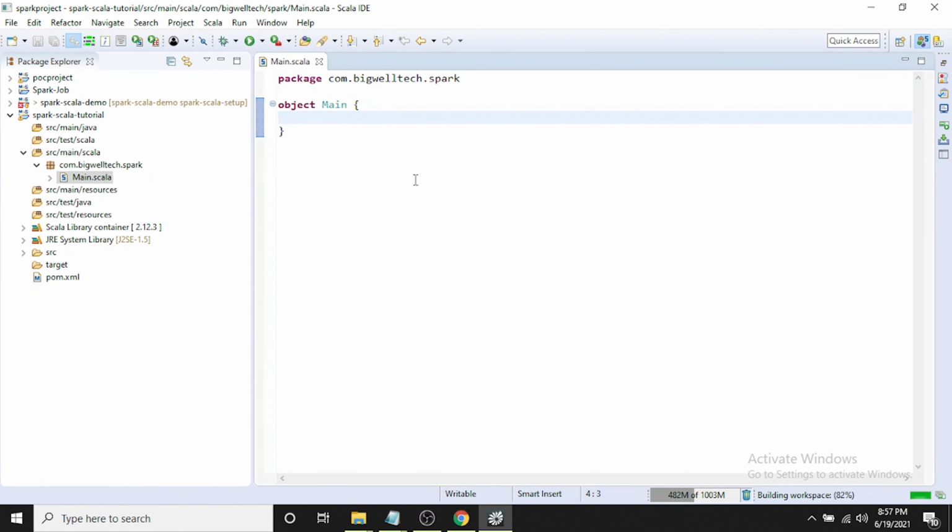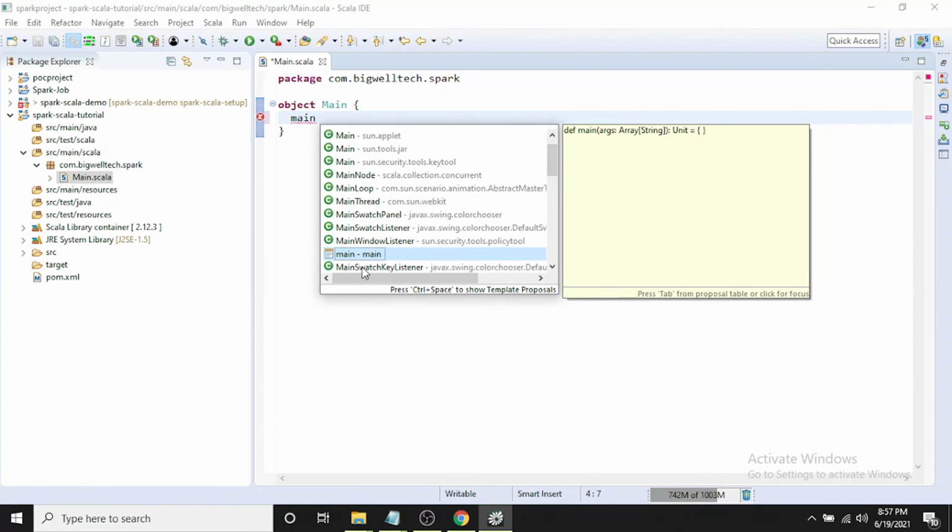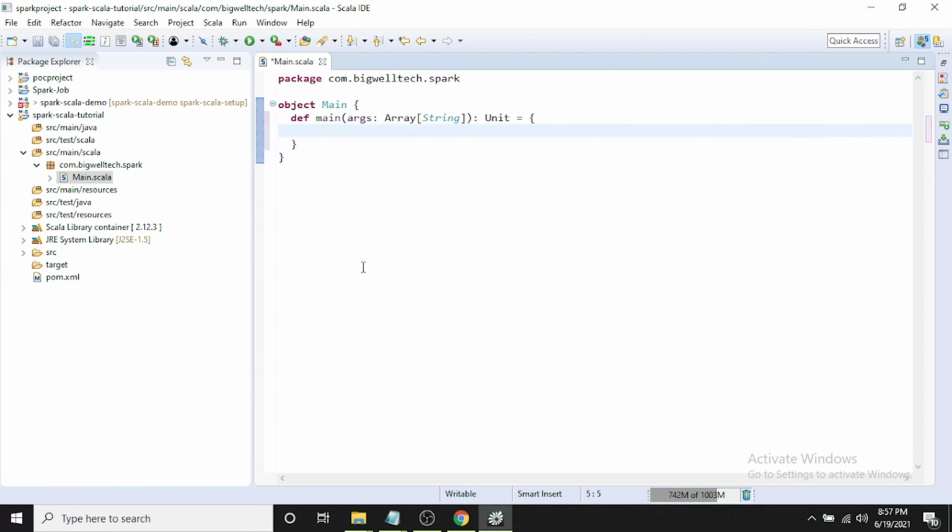Yes, the main object is created, and then we write a main method. Just type main and press Ctrl and Space, click on main and then Enter. Okay, main is added.